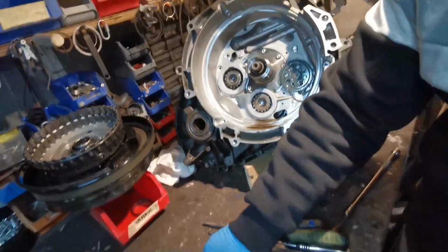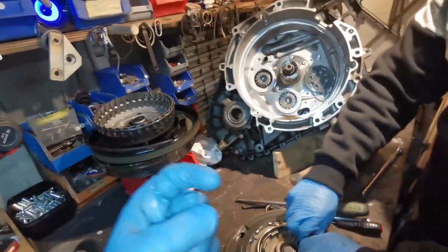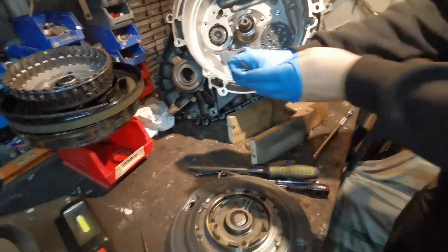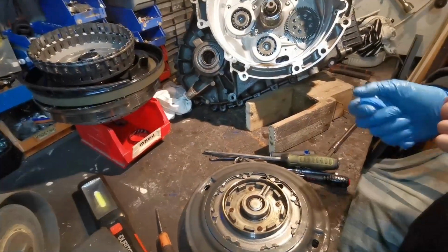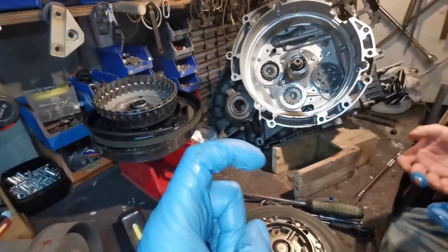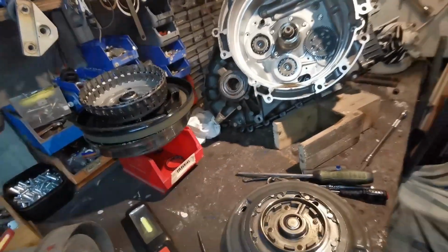Where are the little, oh, we can't see it here. We need to take the mechatronic off. You could see the little sort of sticks. Basically, it's little sort of legs that are magnetic as well, and obviously create